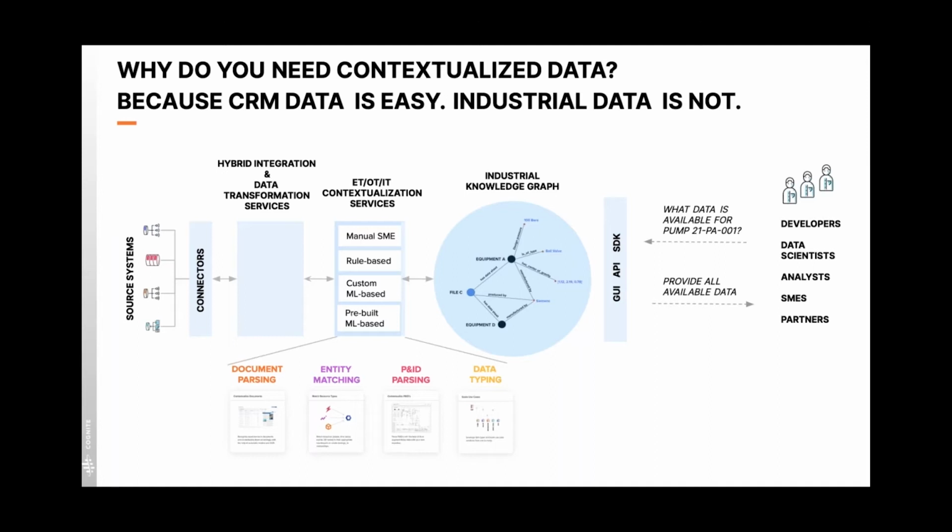And the whole goal of going through this type of a data contextualization pipeline processing is to allow the data consumers to query data and discover data in a language that they understand. For example, asking a simple question through an API and SDK call, or through the GUI for that matter, what data is available for a particular pump, and to provide all the data that is related to this pump back to the data consumer, not just a particular snippet of a data, be that the time series, or be that a maintenance record, or be that an equipment sheet for that particular pump.